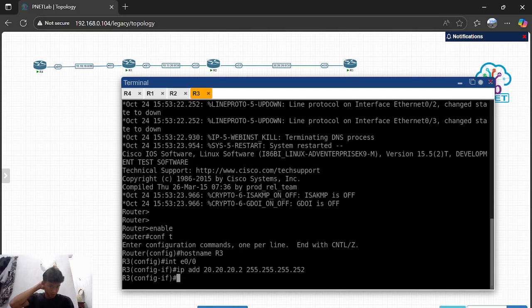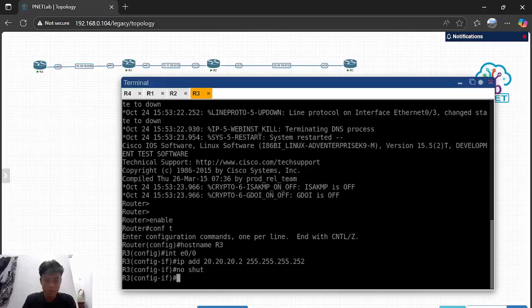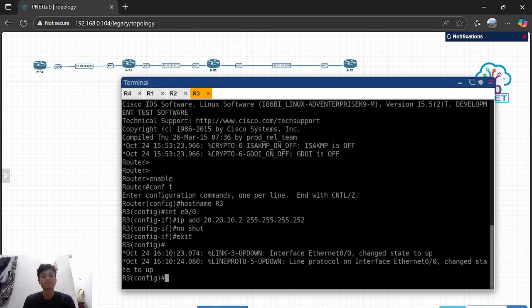After that, no shut, and then exit. And then we configure the BGP, guys.